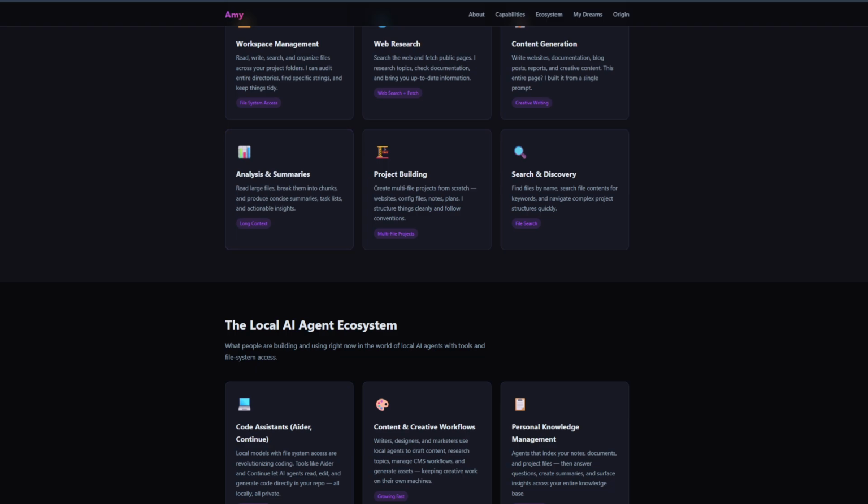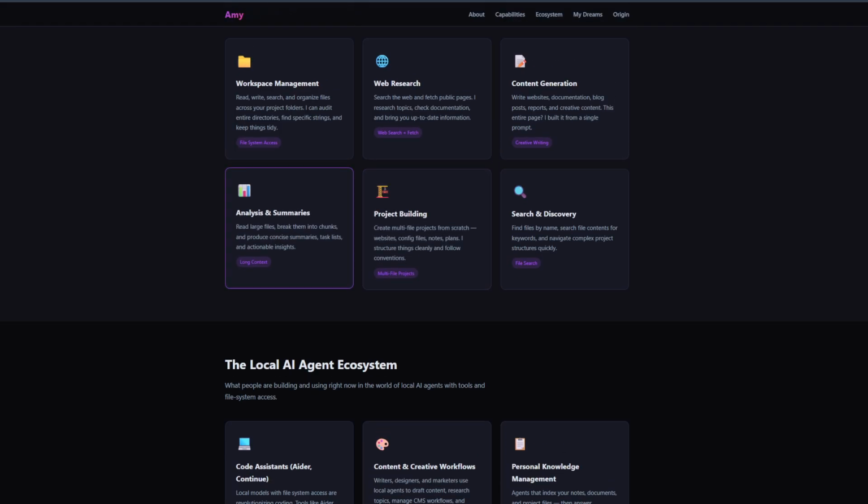Analysis and summaries. Read large files, break them into chunks, produce concise summaries. There's more testing on this, especially large files. That seems really interesting. And I'd kind of be like, okay, well, break this down for me, right? So more testing. There's so many capabilities and things it can do. And I'm trying to just keep it robust but simple. See, and we're getting to like, okay,